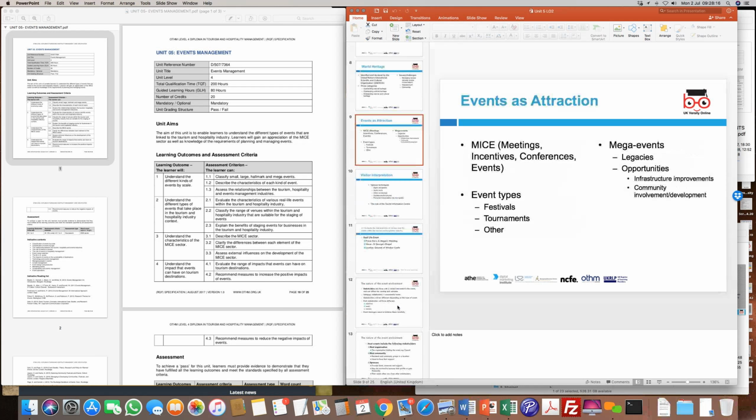Now, we discussed in the first learning outcome, and this is a full learning outcome that we will do, but again, as part and parcel of how to classify events on the basis of attraction, MICE is important. A lot of events which happen across the globe, in mega cities like London, New York, Paris, and cities like Singapore, are hosted there, and these events in turn drive tourism to that location. So MICE is an important factor, and we'll study that in the next learning outcome. We also classify events on the basis of their types.